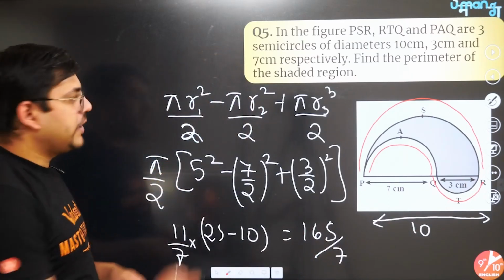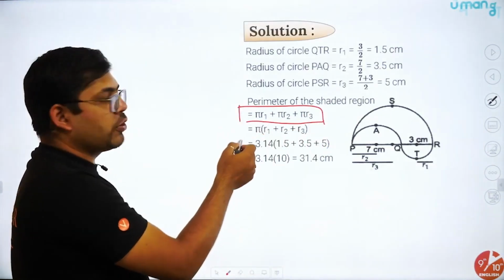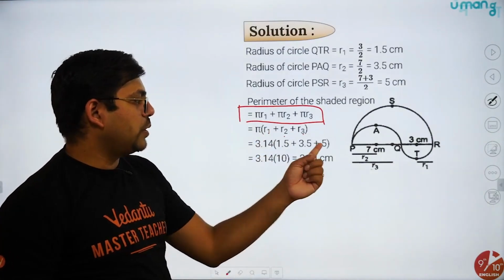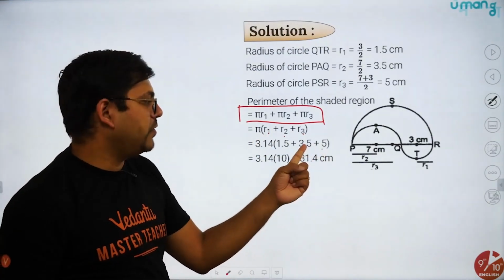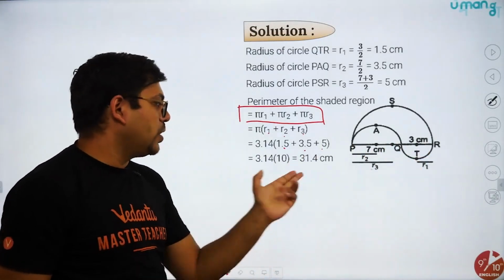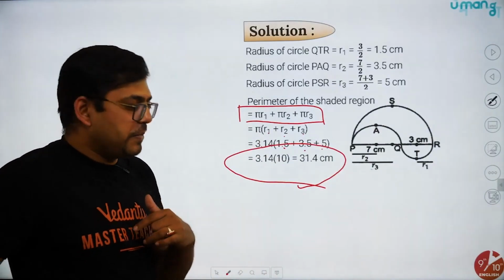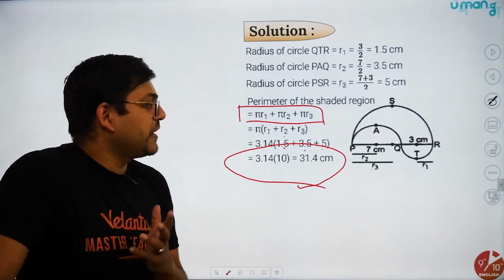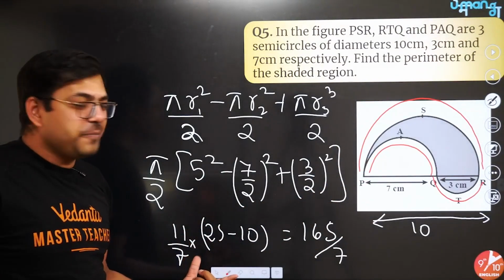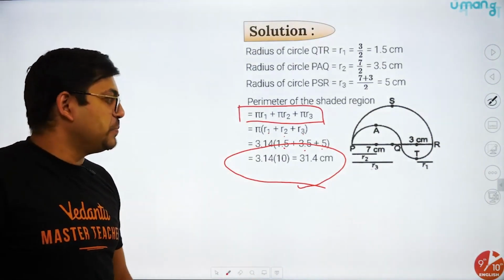So we know either way. Like here, see pi r1 plus pi r2 plus pi r3. You can take out pi common, r1 plus r2 plus r3. R1 was 5, 3.5 and 1.5. Solve it, you'll get this. Fine? Anyways, I explained an extra question to all of you, that if this question comes as an area, what do you need to do? So this would be the answer for the area, and for the perimeter, this would be the answer. Got it? Chalo, moving on.